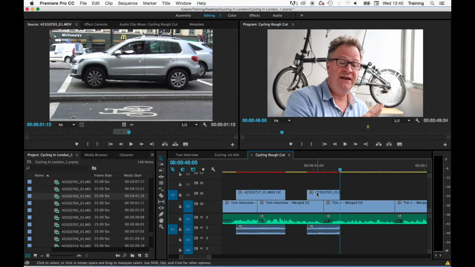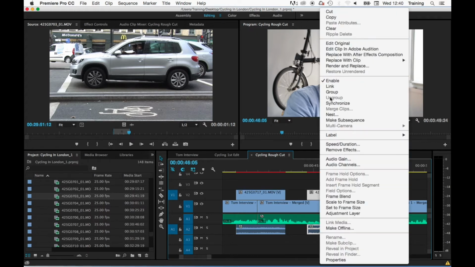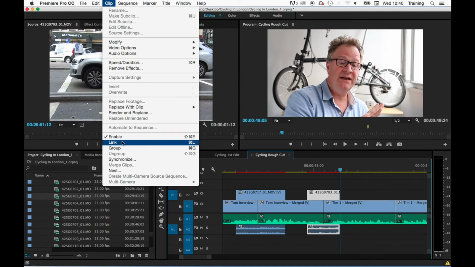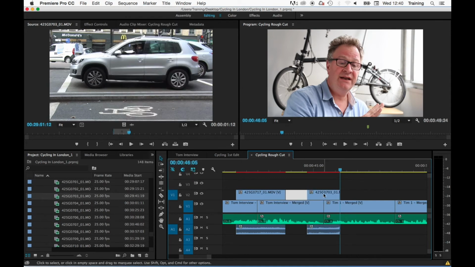If I wanted to relink the video and the audio, or for that matter, if I wanted to take a completely unrelated piece of video and audio and link them together, I would highlight them first by holding Shift down and clicking on them, and then either do a right click and this time choose link, or go to the clip menu again and choose link, and that then links those two elements back together so they work as a